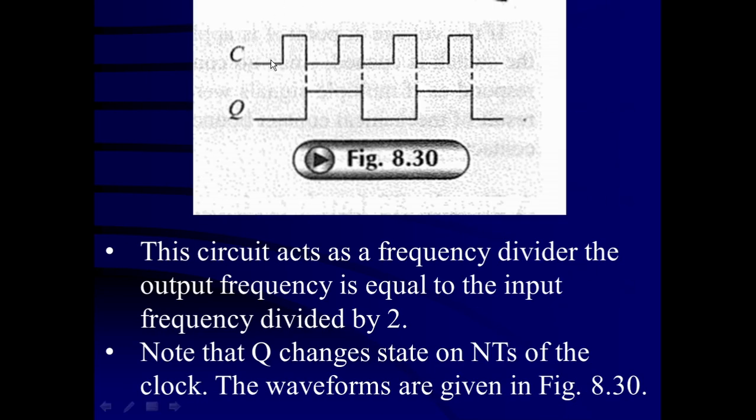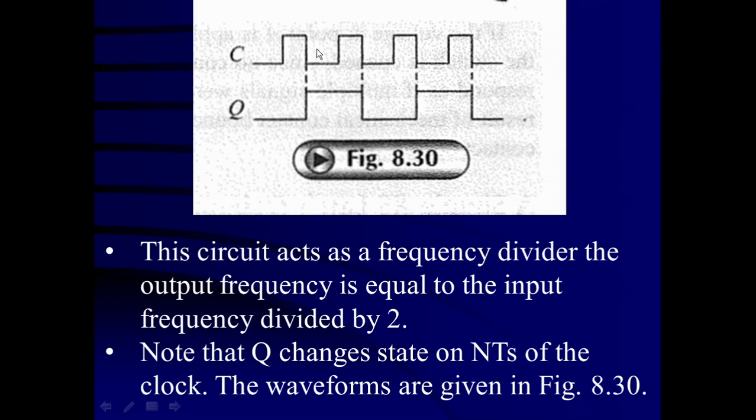So you can see that initially the output Q is 0 when the first clock pulse arrives. On a positive transition, the master toggles, and on the trailing edge of the clock pulse, the slave toggles and the output changes from 0 to 1. Again, when the slave toggles on the next high to low level, the output changes from high to low. This is the output waveform at Q, and this is the clock input waveform.